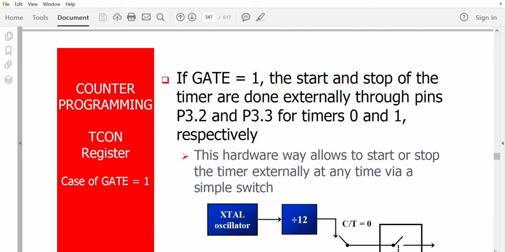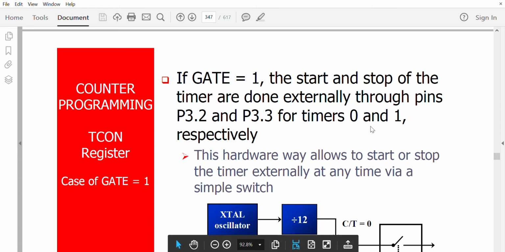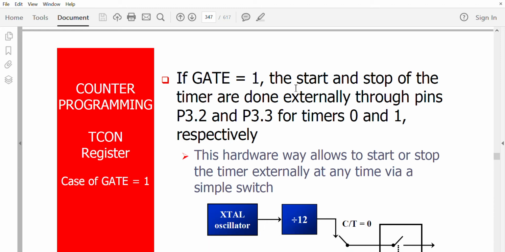Next, till now we have seen the gate as equal to 0 in all the cases of timer and counter. So next is if gate is equal to 1. So what happens if gate is equal to 1? The start and stop of the timer are done externally through the pins P3.2 and P3.3.